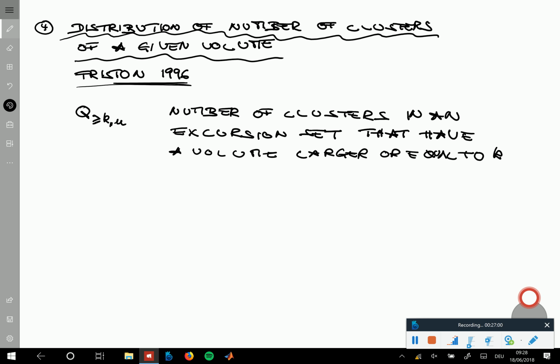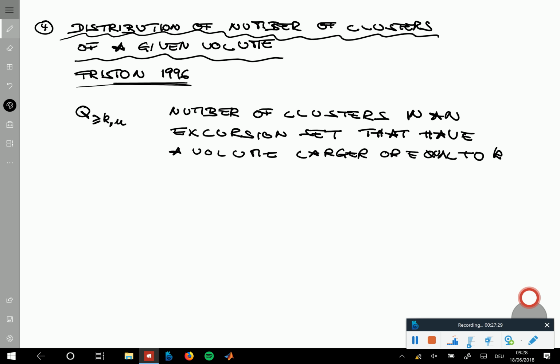Then you look at the volumes of these clusters, and you find that these volumes are: 5 times you have the volume 4, and the remaining volumes are 6, 7, 8, 9, and 10. And then you ask what is the number of clusters that have a volume larger than or equal to 8,